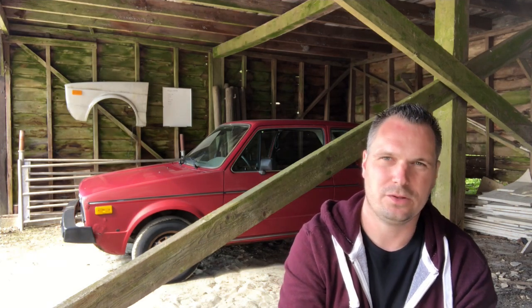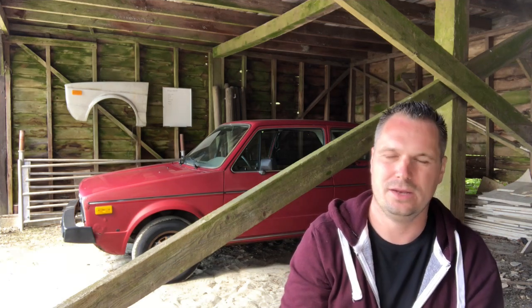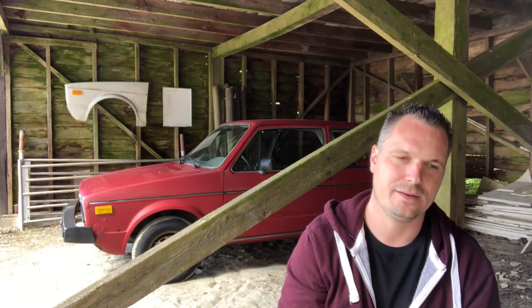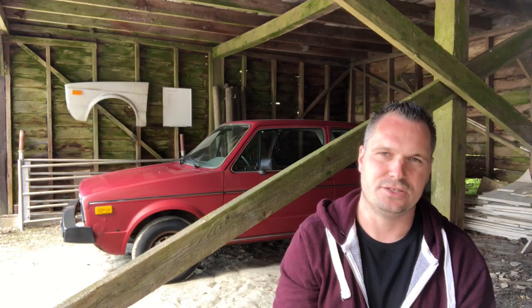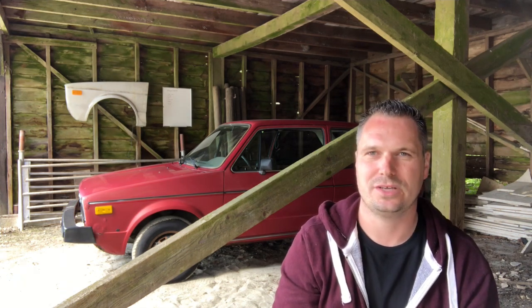But I truly fell in love with these cars back then. There's something about the raw feeling of these cars, not having air conditioning and power steering, and taking away all the creature comforts. It's just you, the car, a little bit of power, and the road. And I think that set the stage for what I would truly try and find for the rest of my life when buying and playing with cars. It was just something that was